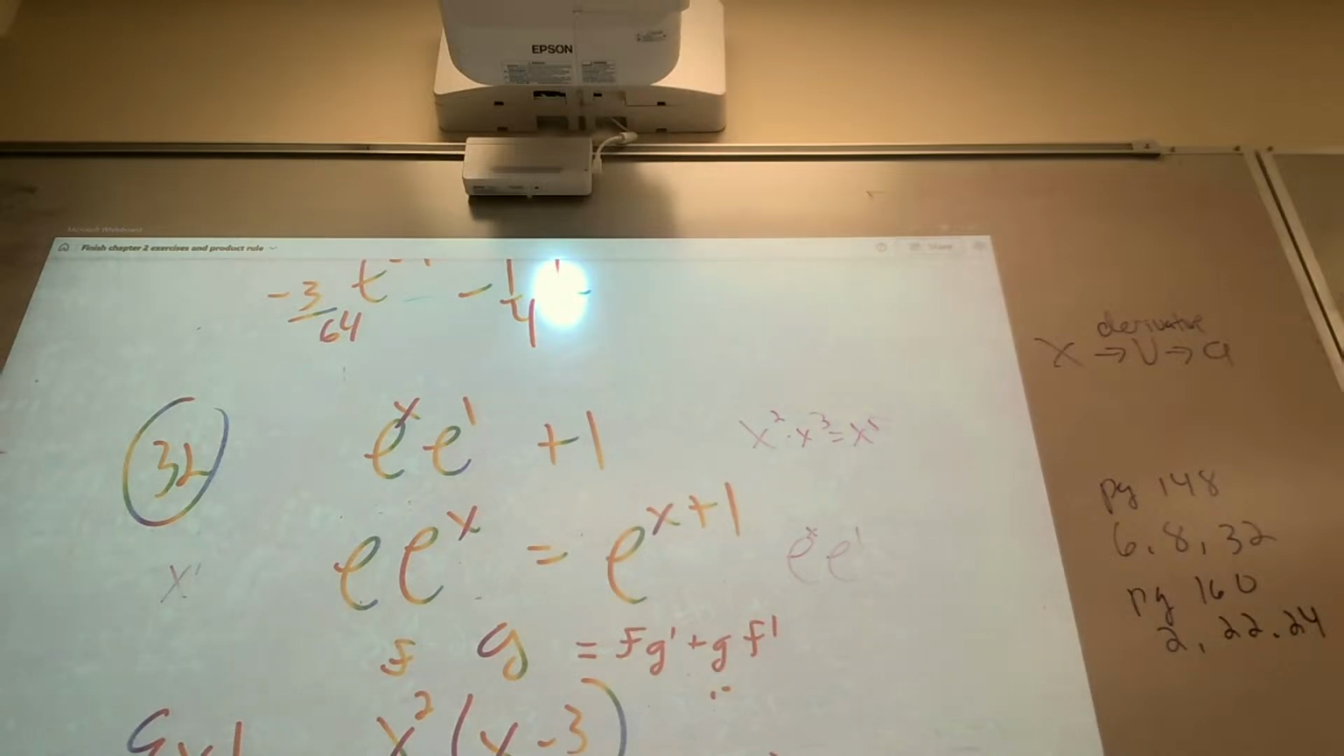Okay, we're going to cover something called the product rule and the quotient rule. You also had in section 2.9, I gave you 52 to finish for homework. And